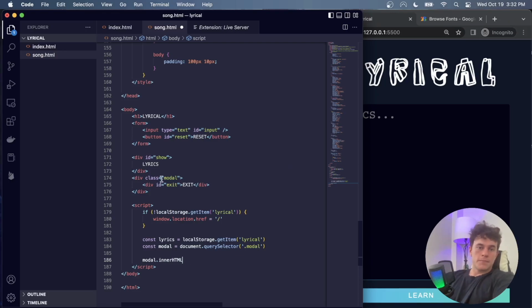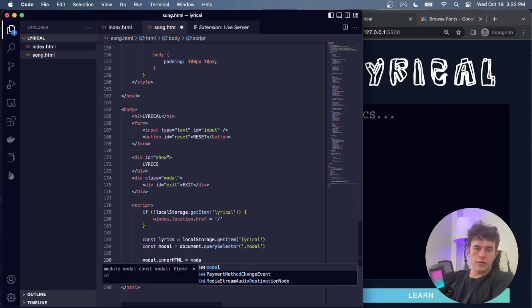So part of the document object model for each tag or element is that it will contain its children. So for example, if I were to target the form and print out its inner HTML, we would expect to see these two elements here. So instead, what we're going to do is the opposite: target that element and use JavaScript to add inner HTML. So we can just say it is equal to whatever it currently is